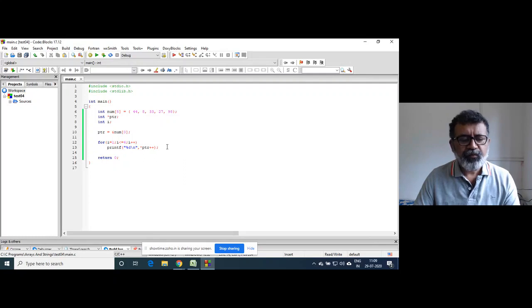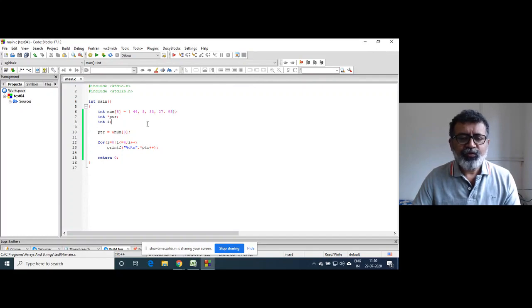So it will print the whole array. Now, when an array is declared, and the array is given memory inside the machine, the compiler creates its own pointer, right?